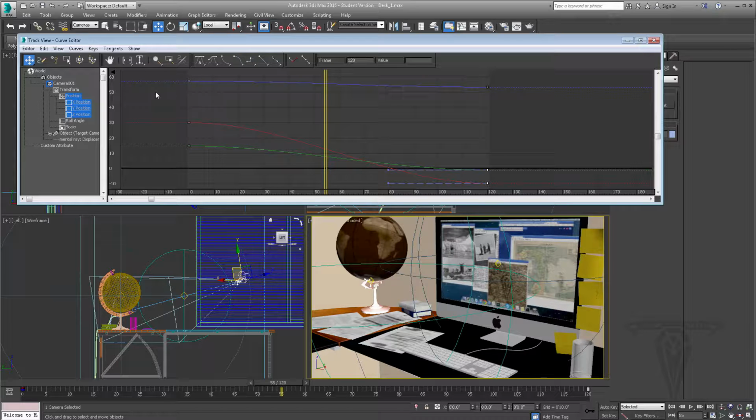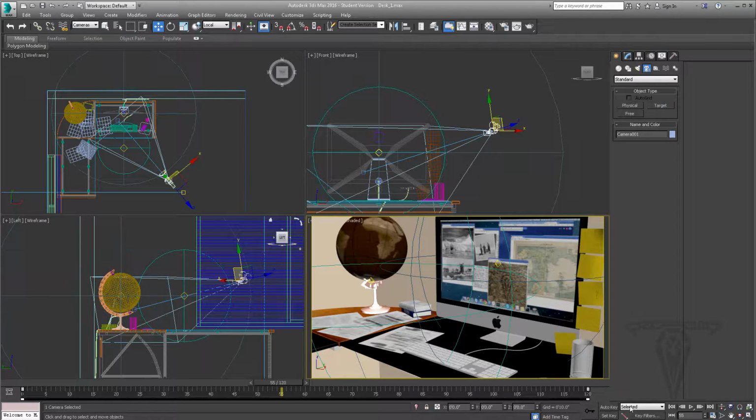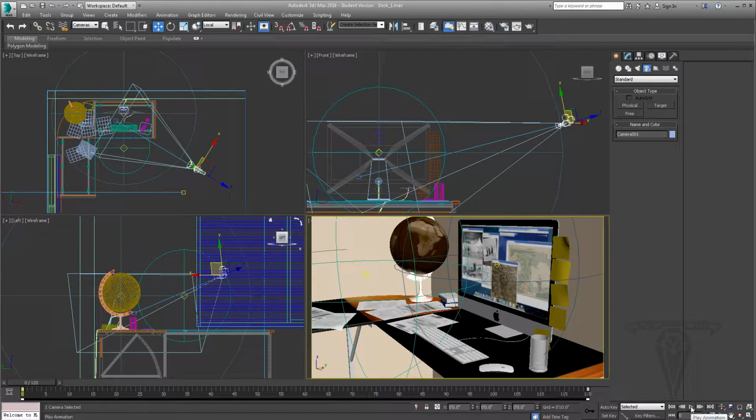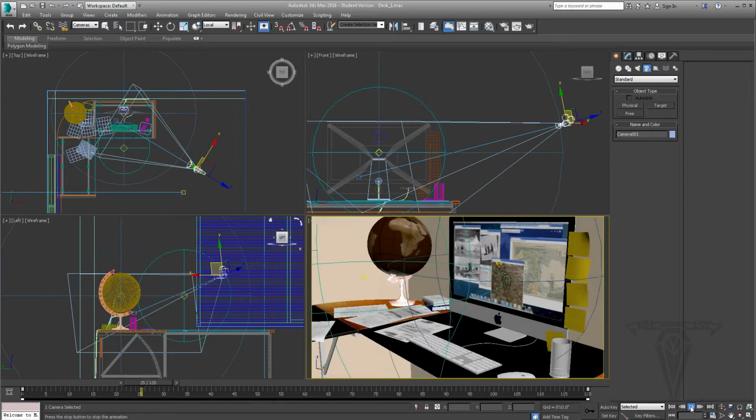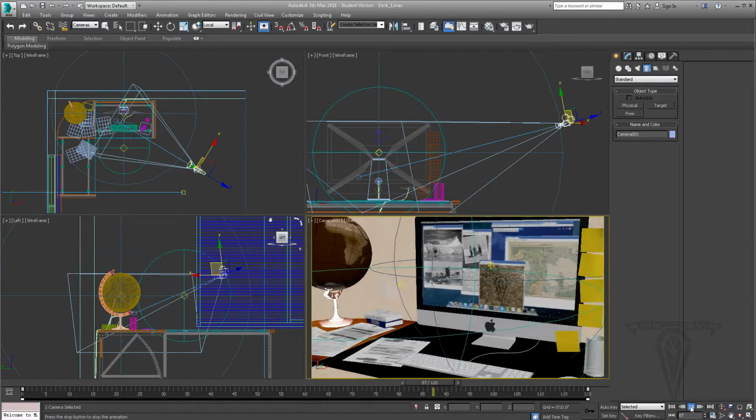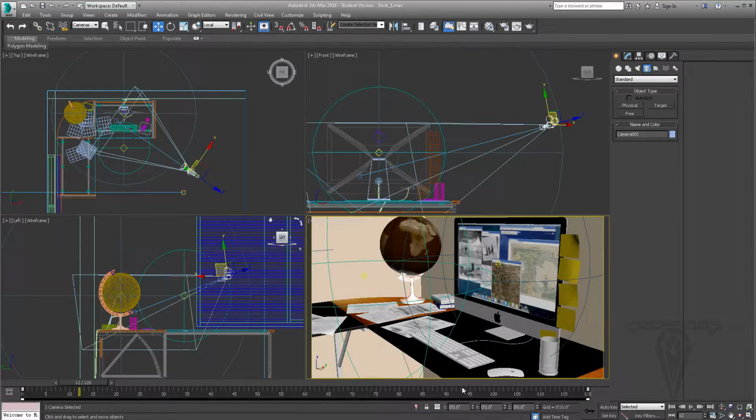Okay, so let me go ahead and reset all mine back to no ease in and ease out, because that's what we had created. So let me go ahead and go back to the front of the animation, click play, and there you have it. Now, just a side note, if I select both keyframes at the end and the beginning,